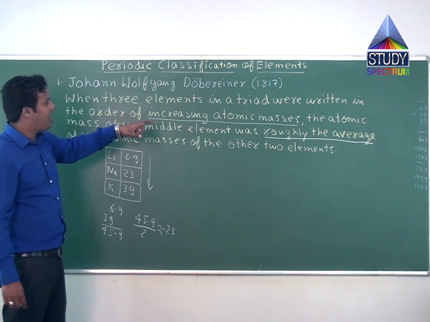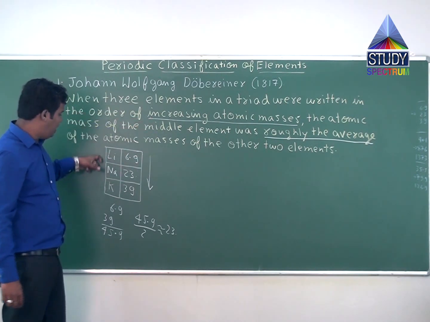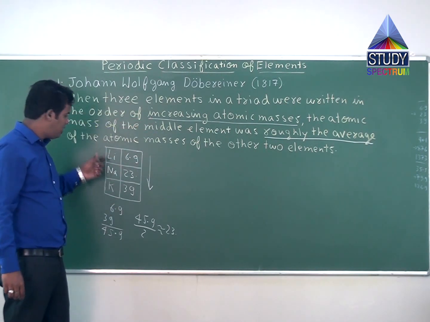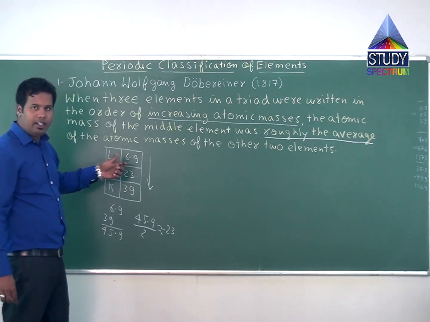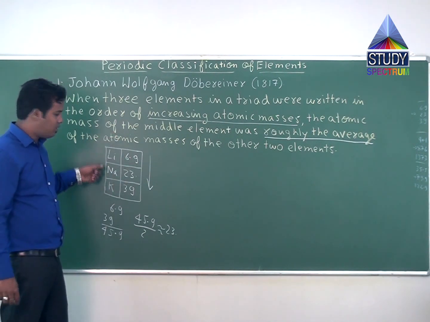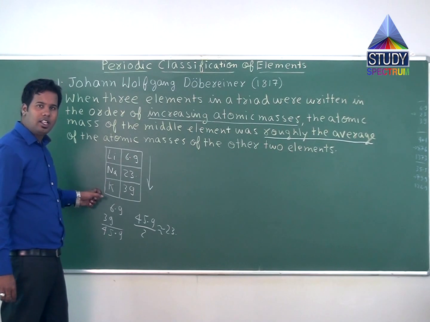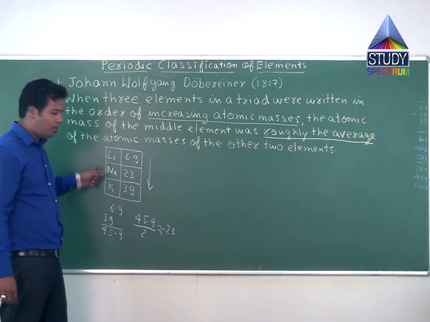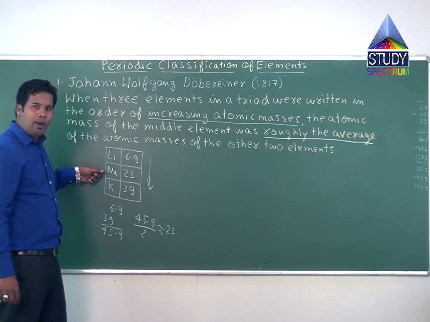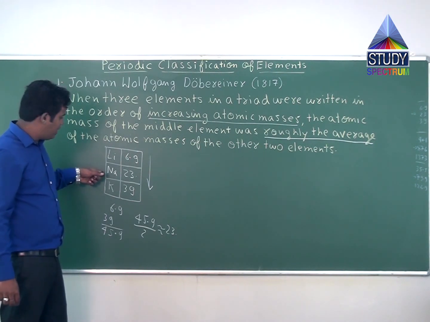So, the first line says when the three elements in a triad, these are the three elements, were written in increasing order of atomic masses. We have just seen that the order of atomic mass is increasing from lithium to potassium, correct? Then the atomic mass of the middle element, that is sodium in this case,